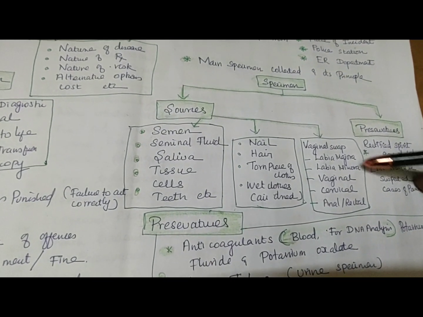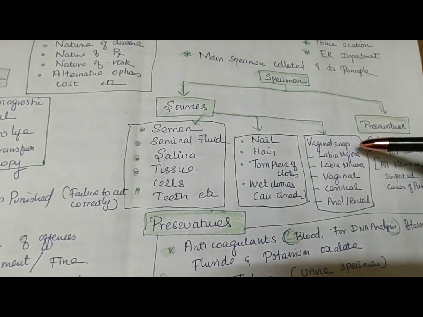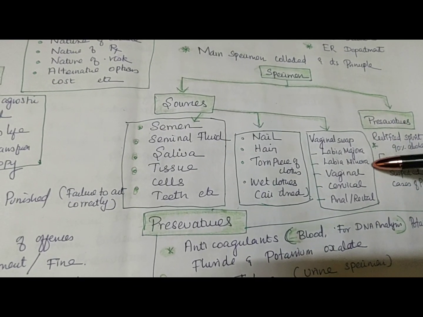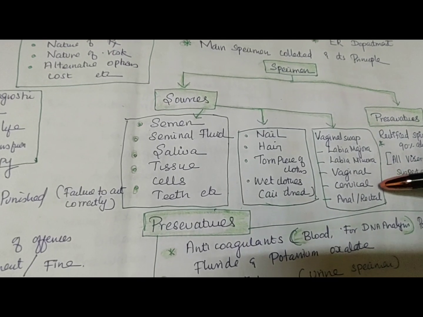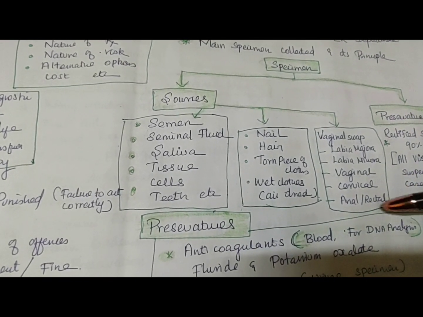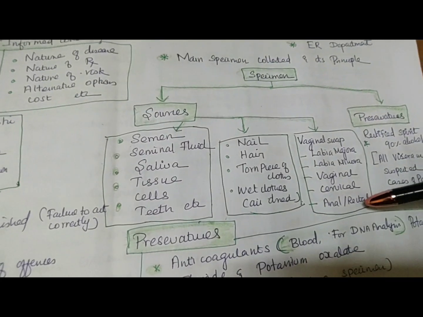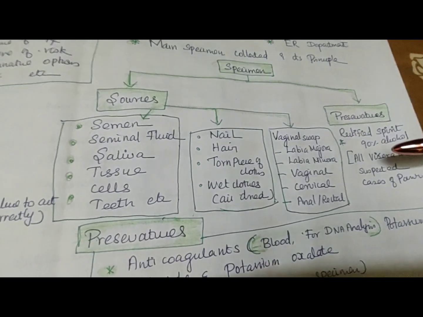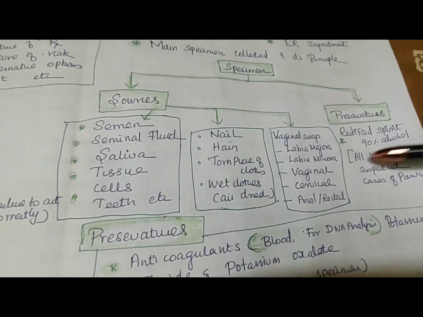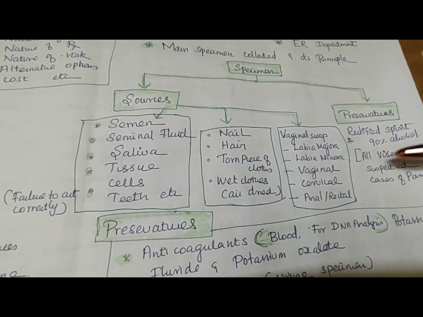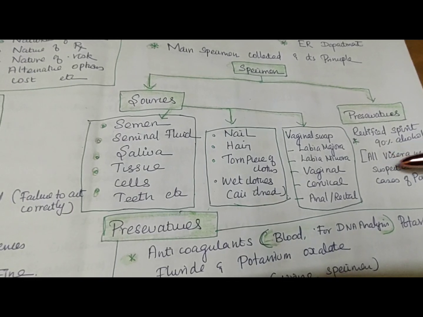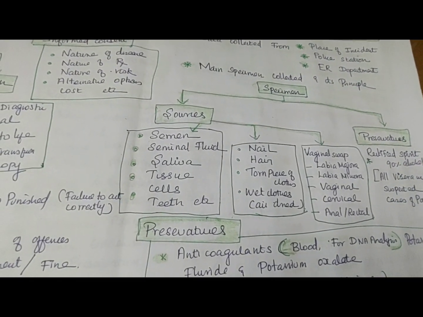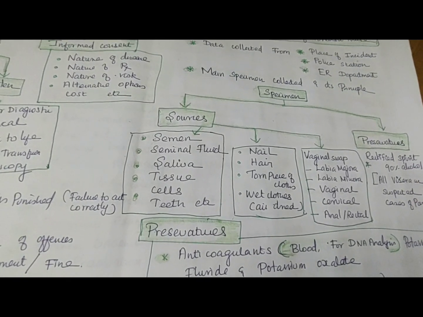The vaginal swab is needed in mostly 80% of crimes like rape. While taking a vaginal swab, she has to maintain the order: first swab from the labia majora, second labia minora, then vaginal, then cervical, and then anal and rectal swab; it is necessary for her to take it. Then preservatives. Why are we adding preservatives? To prevent the destruction of the sample's original character. So rectified spirit, 90% alcohol, is used in all viscera in suspected cases of